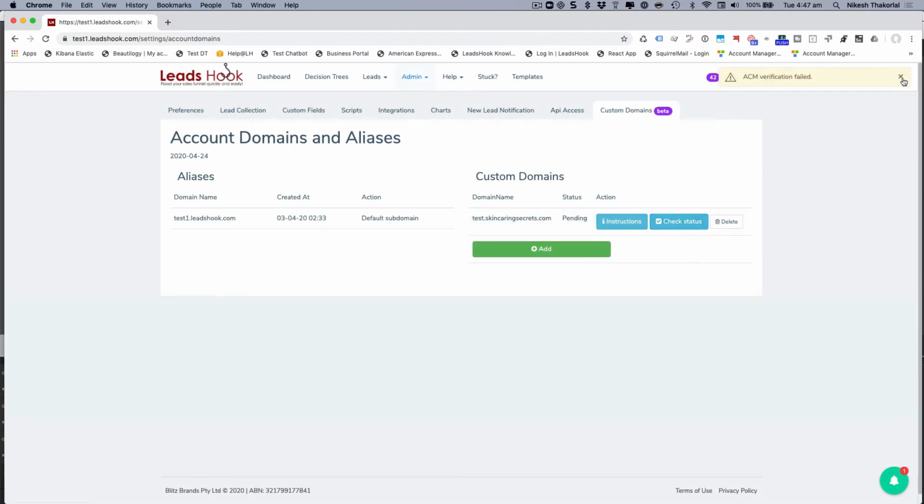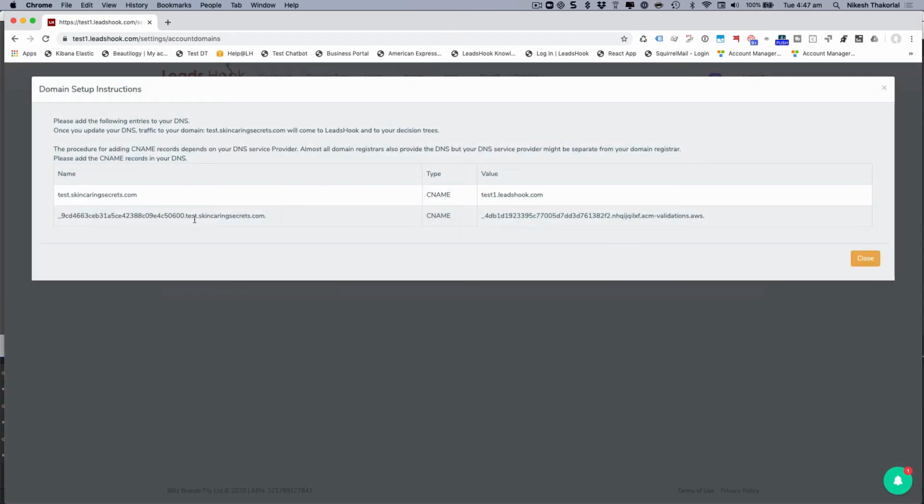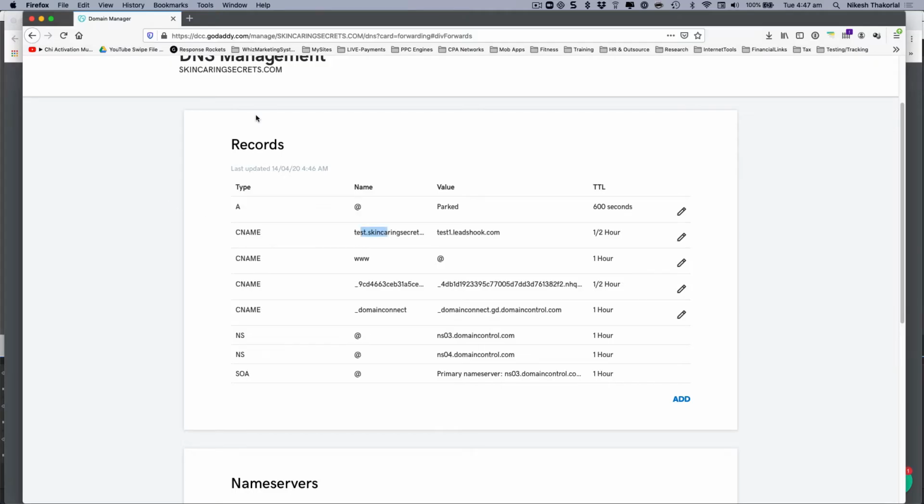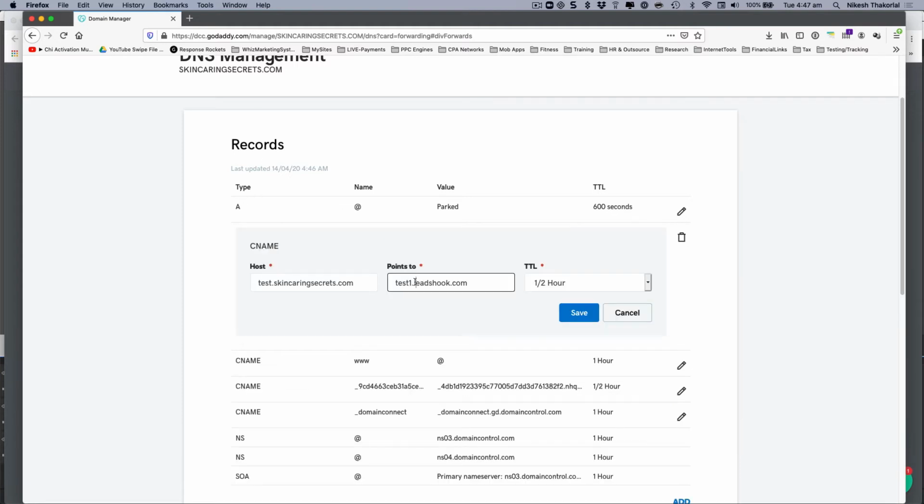and the verification failed. Okay, I'm glad it failed, because I just want to make sure that we get this right. I think what we need to do is add only these two here. So I'm glad we're doing this, so that way we pick up these mistakes. I'm going to go edit this. I'm going to go ahead and just pick